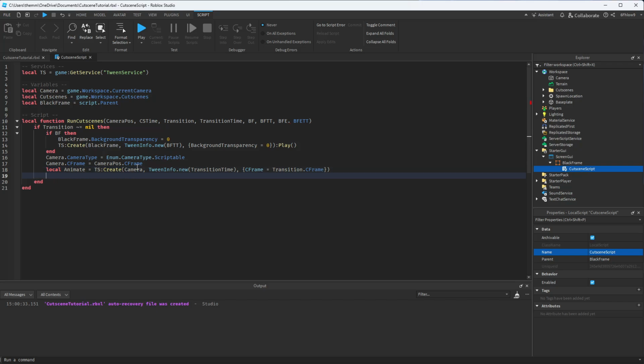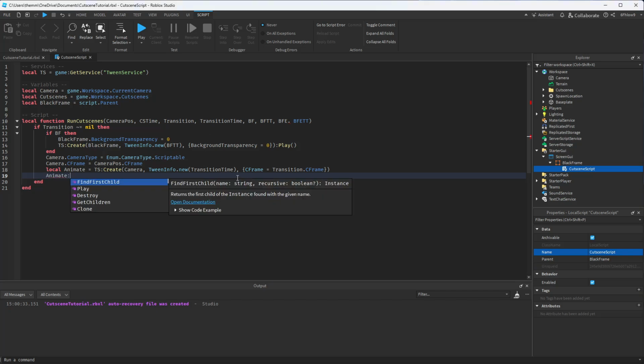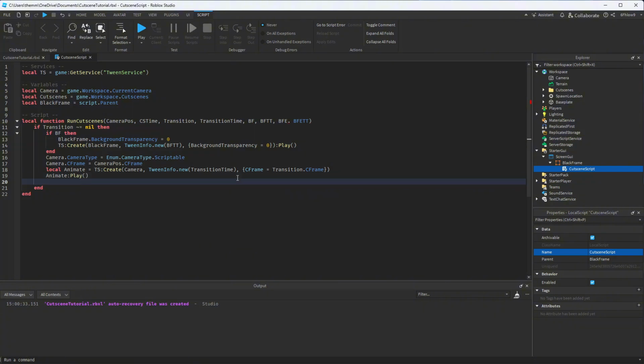And now you want to do... okay, sorry about that. So what you want to do after animate, you want to do animate dot play, and then you want to do wait CSTime, and above it actually you want to add animate dot completed dot wait. Okay,